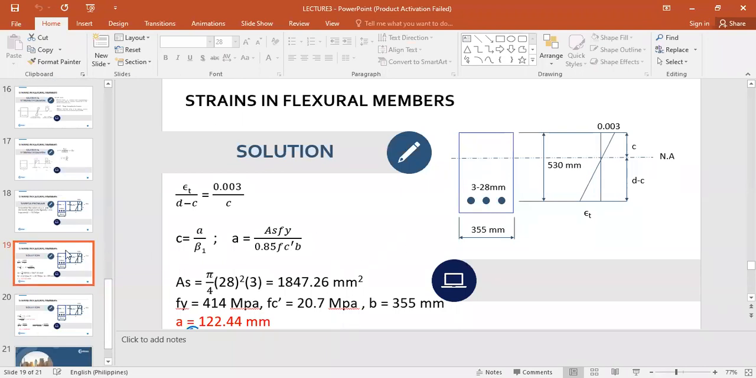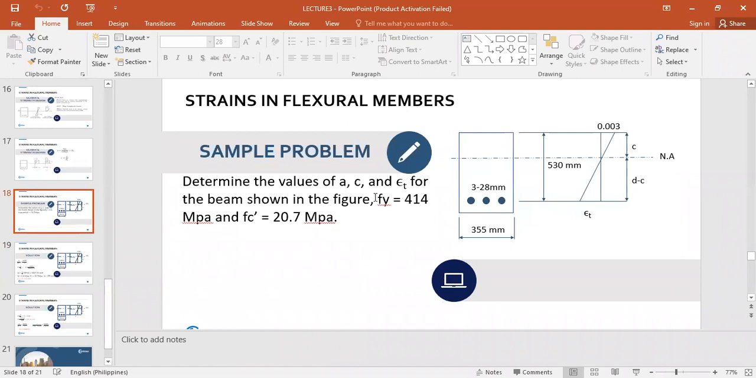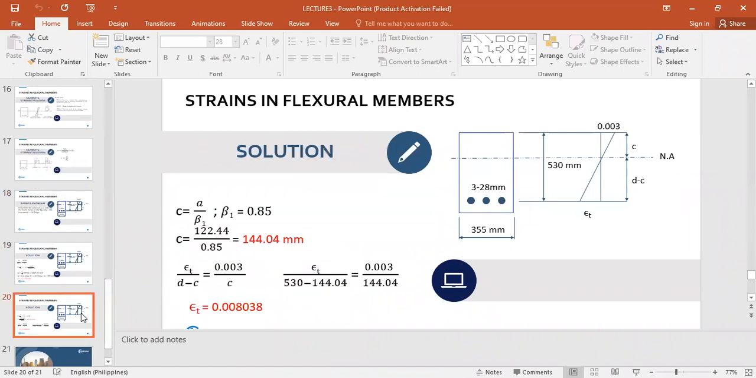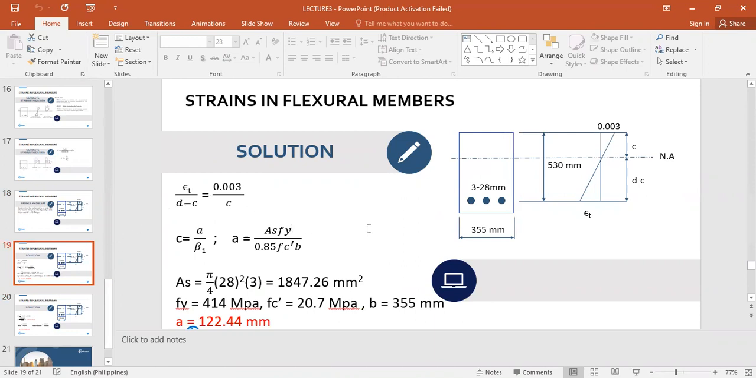So what we are asked is to get the value of A, C, and tensile strain. So how we do that? Again, we are going to make use of the formulas. So here, since these are proportional, okay, as you can see, so mag-ratio and proportion taani, wherein your tensile strain would be all over this one, d minus c, is equal to 0.003 all over c. So we have here this equation. So we all know that we have this equation c is equivalent to a all over beta 1. And then your a, we have the formula here for a, which is equivalent to AsFy all over